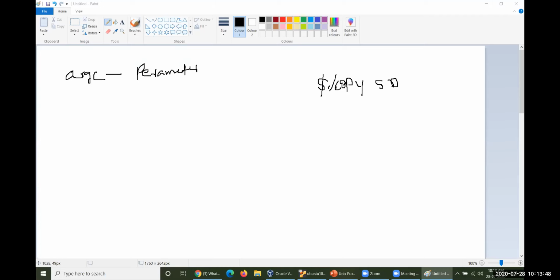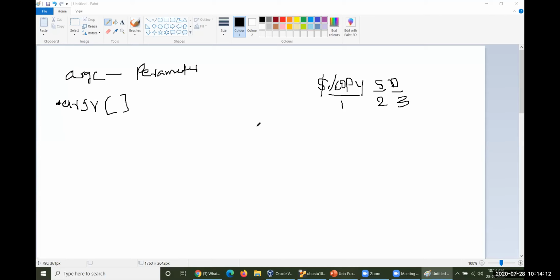You may be given 3 parameters here. This is the first parameter. So number 1 parameter, this is the second parameter, and this is the third parameter. As far as ARGV, argument vector, it is a vector. It is an array, so a character kind of array. It is going to store the values in the format here.